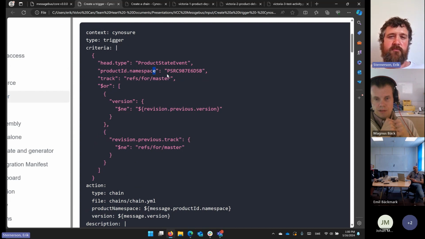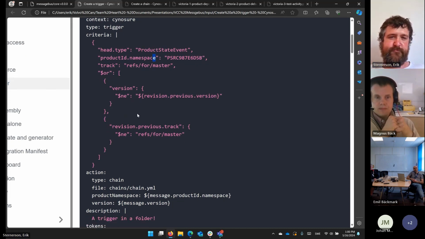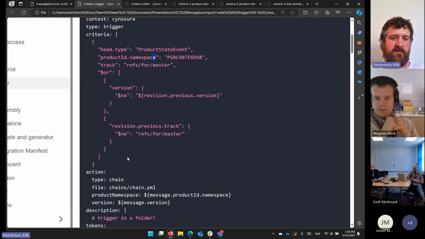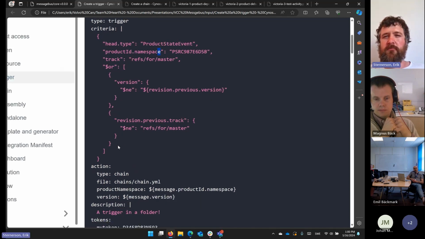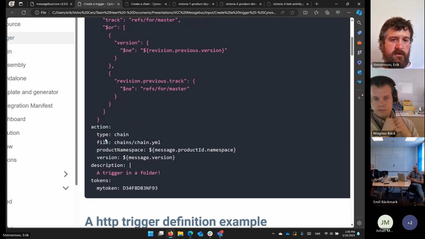exact product we are interested in and what track it should be on. So whether it's on a release branch or a master branch or something like that. And then we can have some more advanced criteria, but this is all, I think, in MongoDB syntax. So I would say that we're not really filtering on the events. We're filtering on what the event looks like in MongoDB. Then